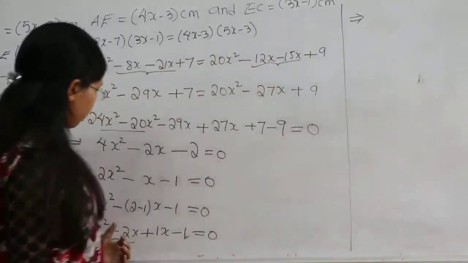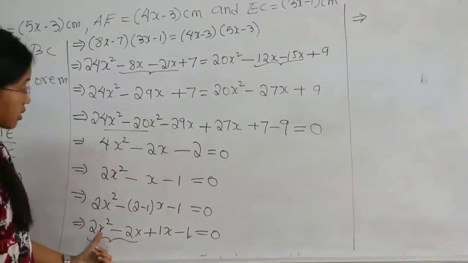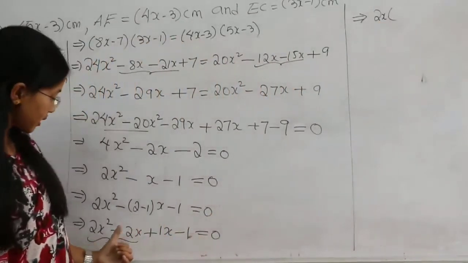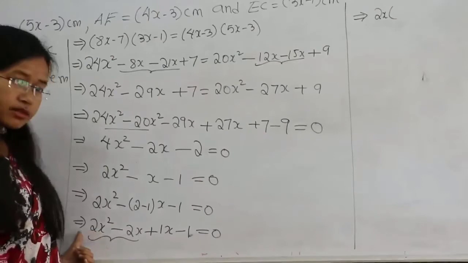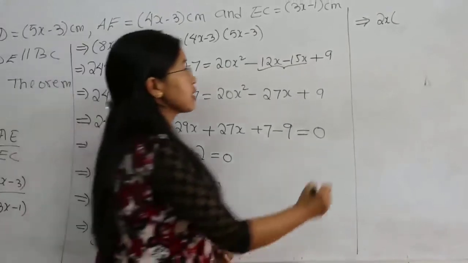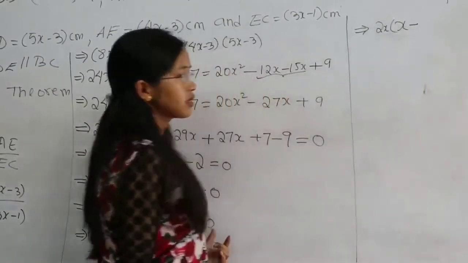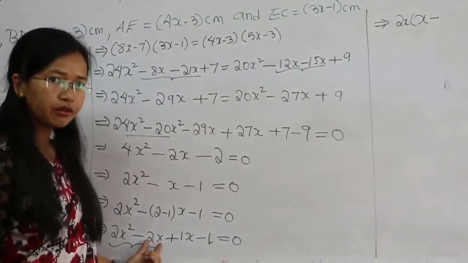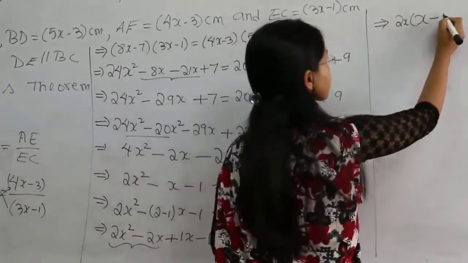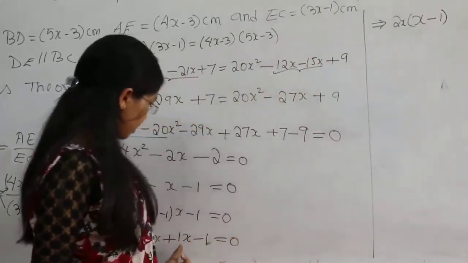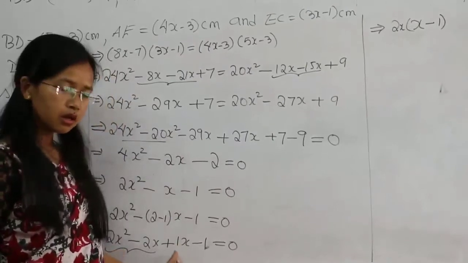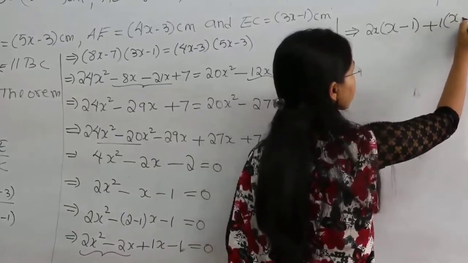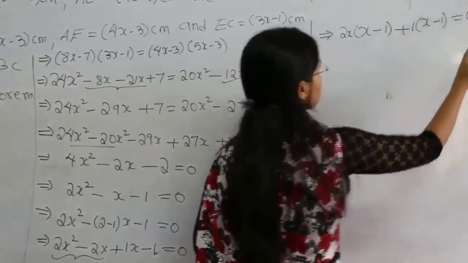from here 2 is common, x is common. Then we have 2x. What is left inside? 2 is taken out, 1x is taken out, you left it. 1 more x. X minus, what happened? 2x is taken common already, you are left with 1. This is 1. Again, here 1 is common. So it will be plus 1. Then inside you are left with x minus 1 equal to 0.